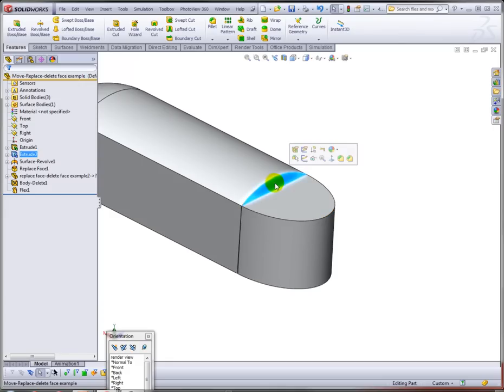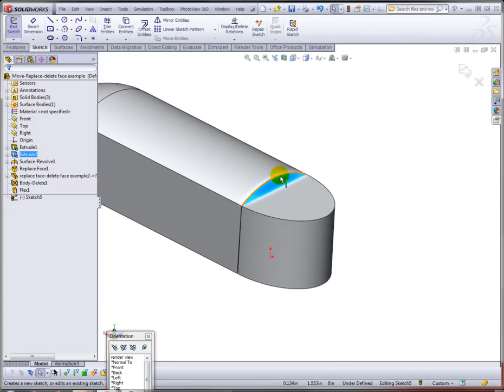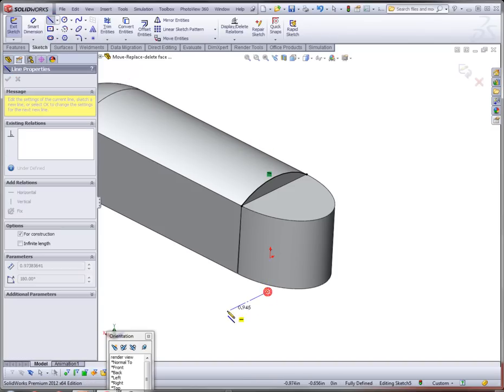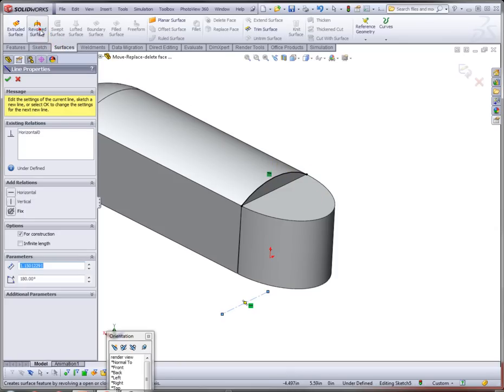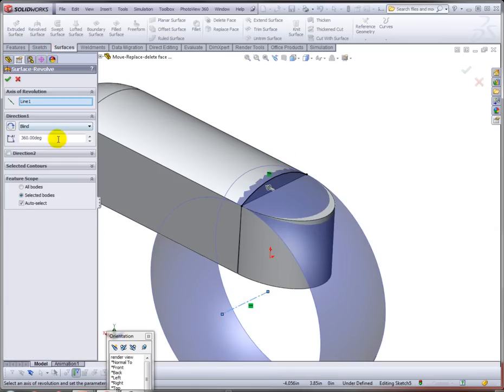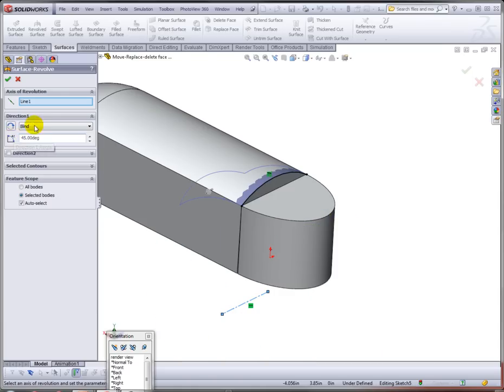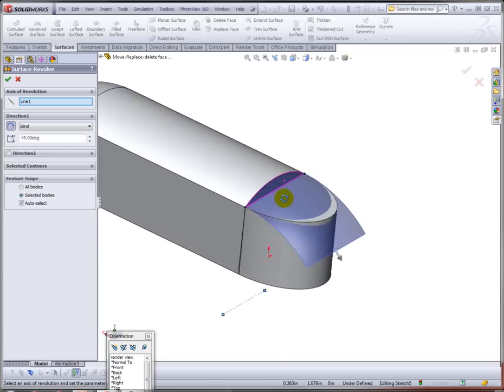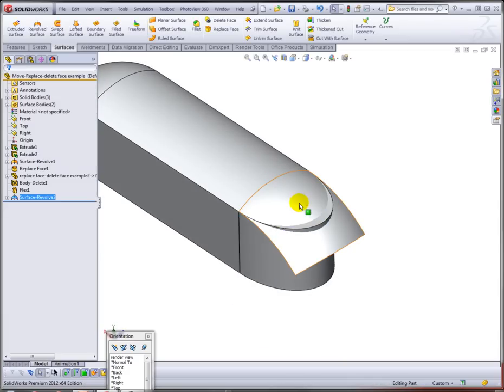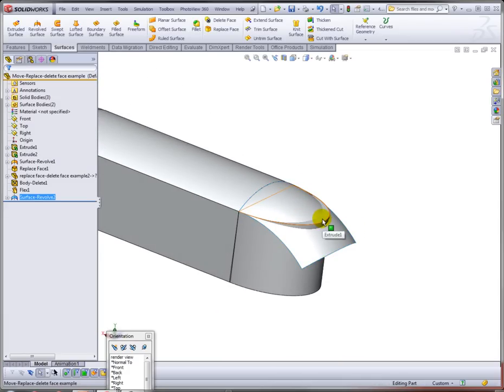well. So let's go ahead and create a sketch. I'm simply just going to do a convert entity on this edge, create an axis of rotation, and then instead of trying to fill this material in with solid, I'm going to create a revolve surface. And let's do it just for about 45 degrees in the opposite direction. And now we have a general surface there that we're going to do a replace face, this one for that